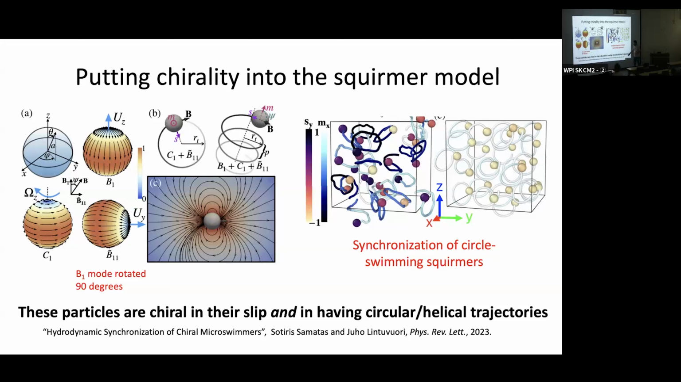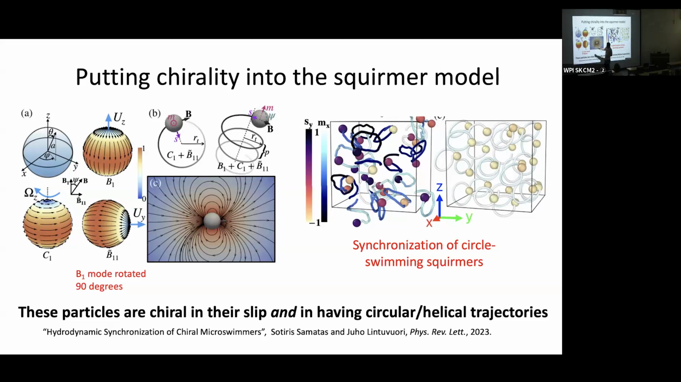It's about chiral microswimmers and how they synchronize. And honestly, I wish I had thought of this. This is such an easy way to make your swimmers chiral if they're spherical. It doesn't work for spheroids. But if you have a spherical microswimmer,